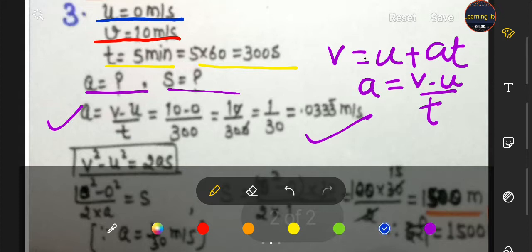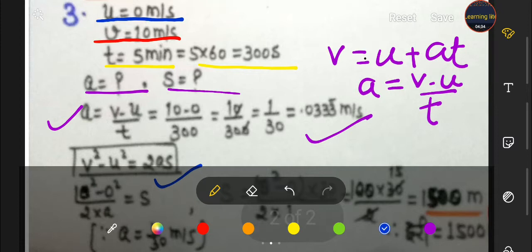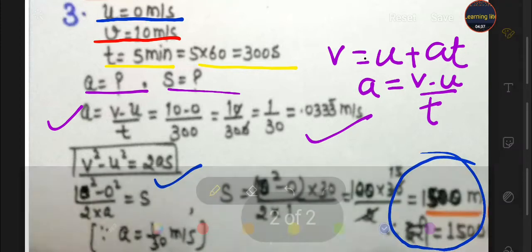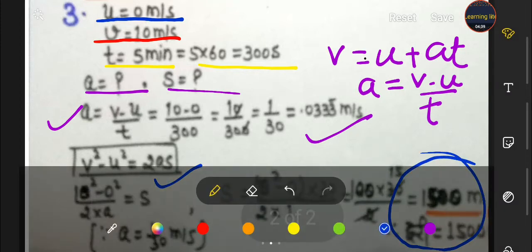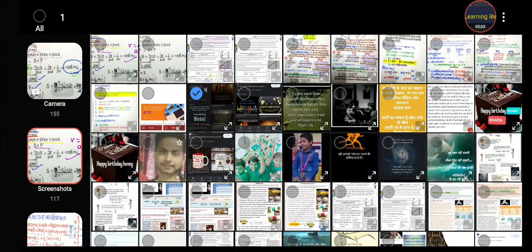And students, we also have to calculate the distance. So we use the third equation of motion, put all the values and get the distance as 1500 meters. I think by this first and third equation you can easily find the value of the acceleration and distance. It is very easy, students. So this question of all the three equations of motion by the graphical method is very important from the exam point of view. You have to learn it by continuous practice.